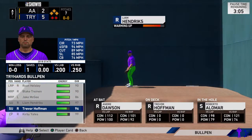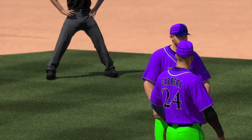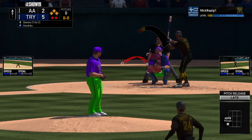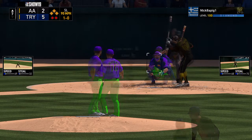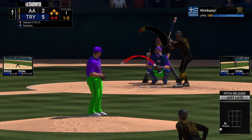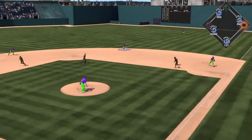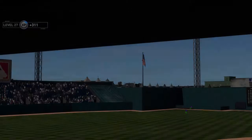The right fielder, number 10, Dawson. Liam Hendricks answers the call to pitch here in a big spot. He inherits a bases-loaded jam, but needs just 1 out to get out of it. And he'll start him with a slider that's taken down and away for ball 1. Now this is on the ground to second. Is he going to get out of this? He is. They get the...